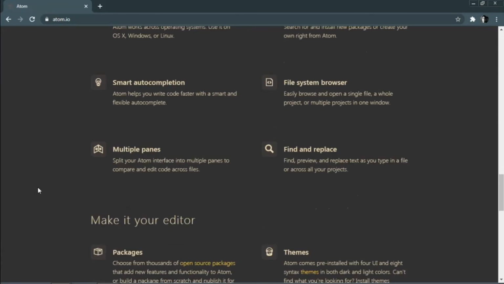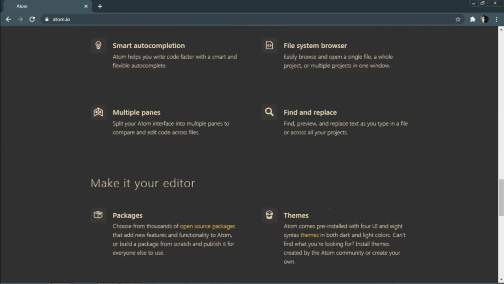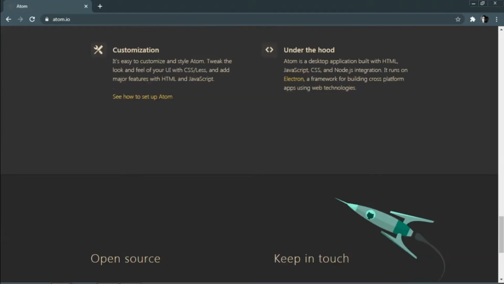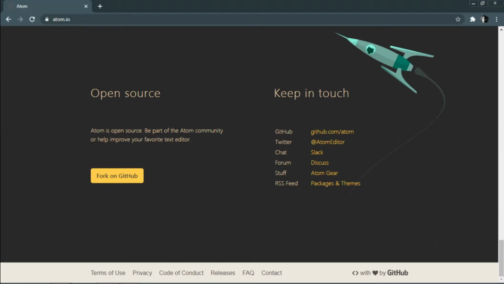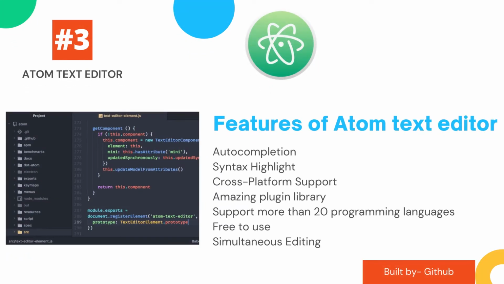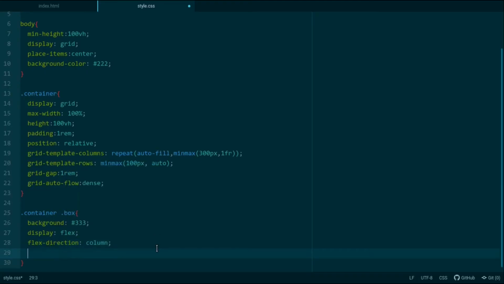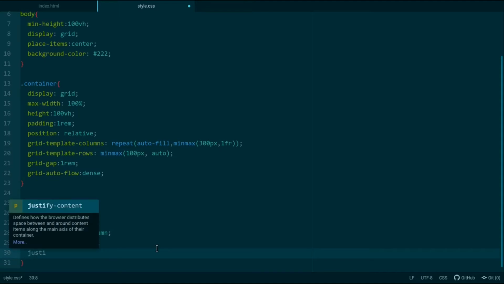It does directly compete with Microsoft's poster child VS Code, but they are maintaining both editors as a gesture of good faith to the communities surrounding them. Some of the features of the Atom text editor are file system browser, teletype, fuzzy finder for quickly opening files, fast project-wide search and replace, multi-cursors and selections, and cross-platform support.